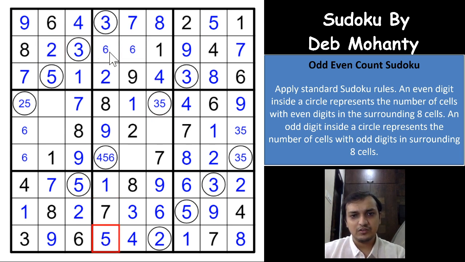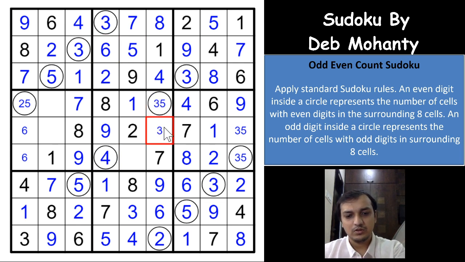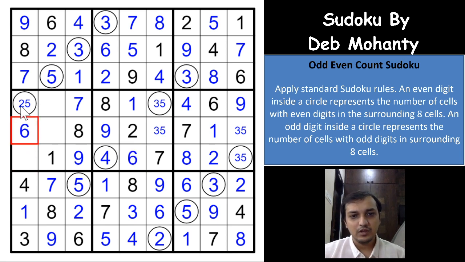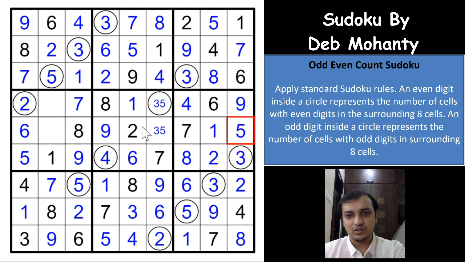You already have a 5 here, so this has to be a 6, this has to be a 5, and because of the 6 you get a 4 here, right? And this digit will have to be 3 and 5 in any order. So this digit will have to be 6, which gives you a 6 here. Superb. And this has to be 2 and 5. You already have a 2 here, which gives you a 5 here, a 2 here, a 3 here. Last, it is flowing like anything, guys. Superb. 1, 2, and it has to be 3 and 4. 4 is already here. You have a 3 and a 4 here.